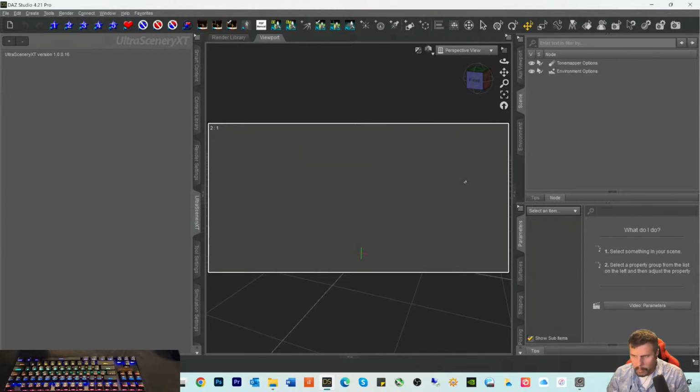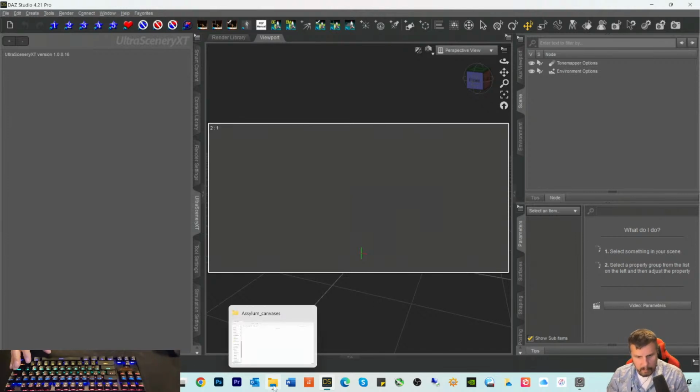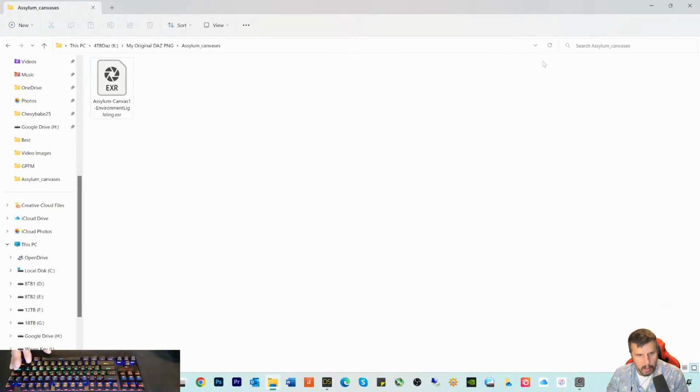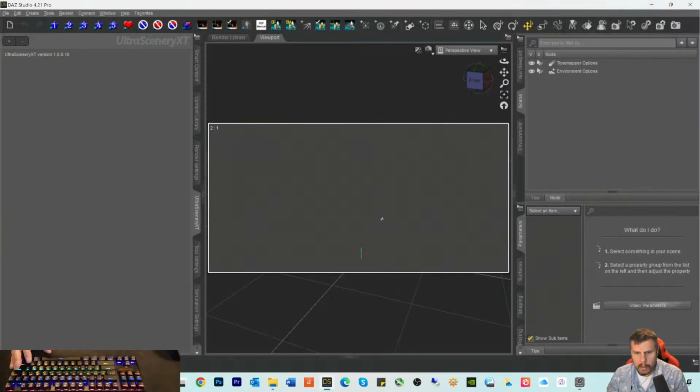So I'm going to put this EXR file into our environment. And then I'm going to put a piece of land, so there's going to be a piece of land in the